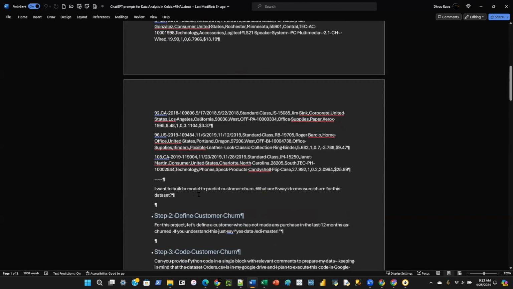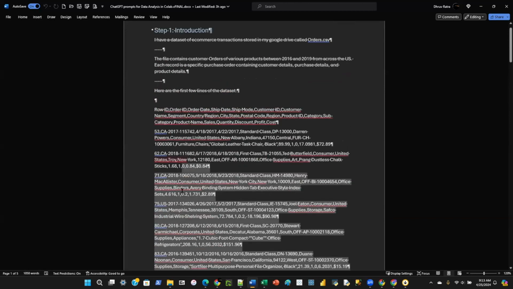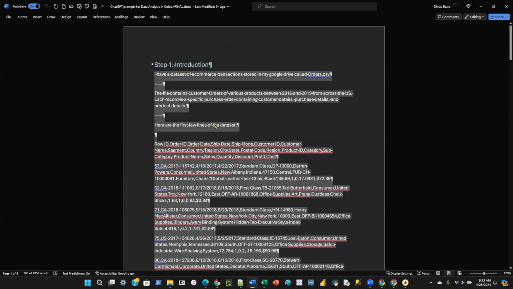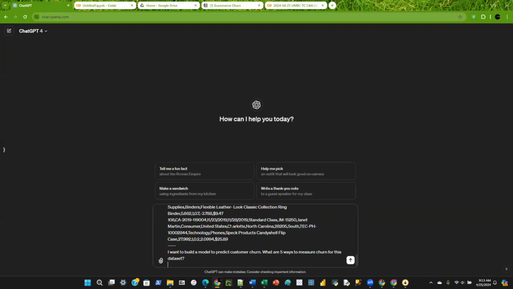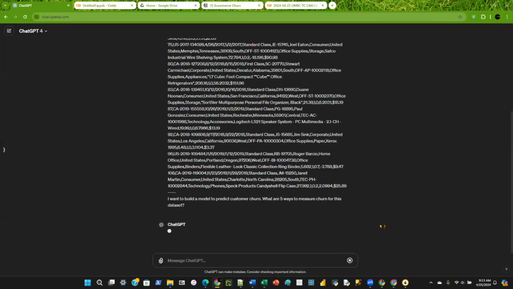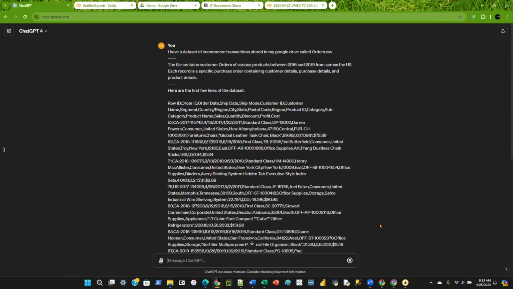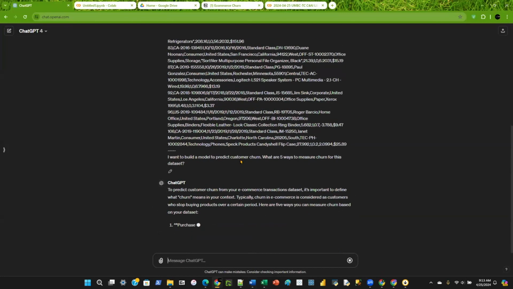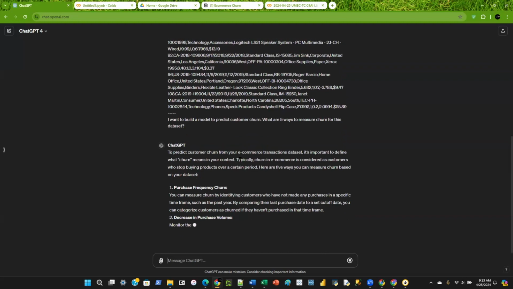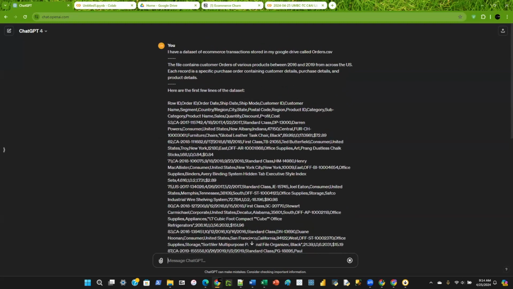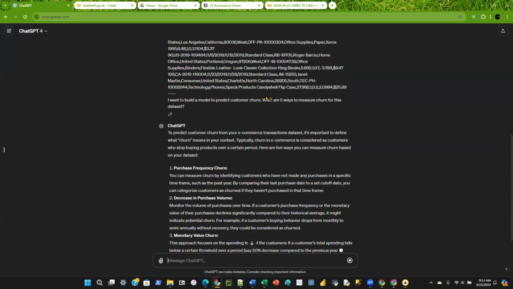Give me 5 ways to measure churn, right? What's the definition of churn? So I'm just going to copy this. I've also tried to minimize the explanation and the secondary information that ChatGPT provides, to speed up this demo. But in real life, you may not want to turn off a lot of things that I have. So I've given ChatGPT: here's my data set, here are the first few records, the definition of the data set. How do we build a model to predict customer churn? Give me 5 ways to define churn.